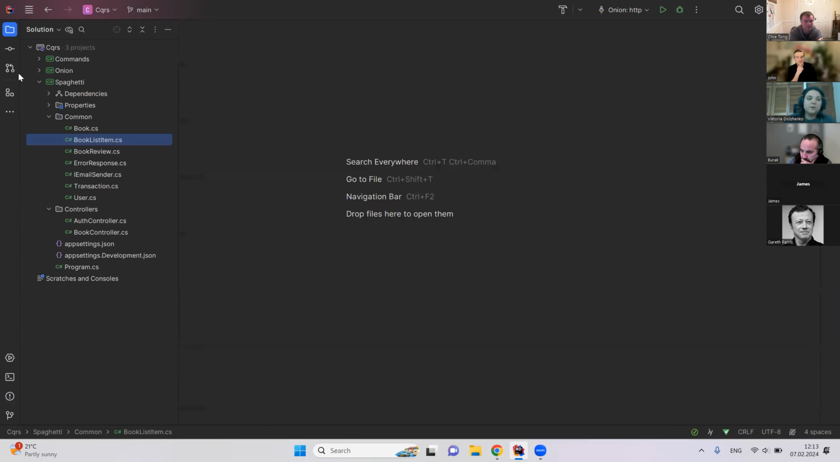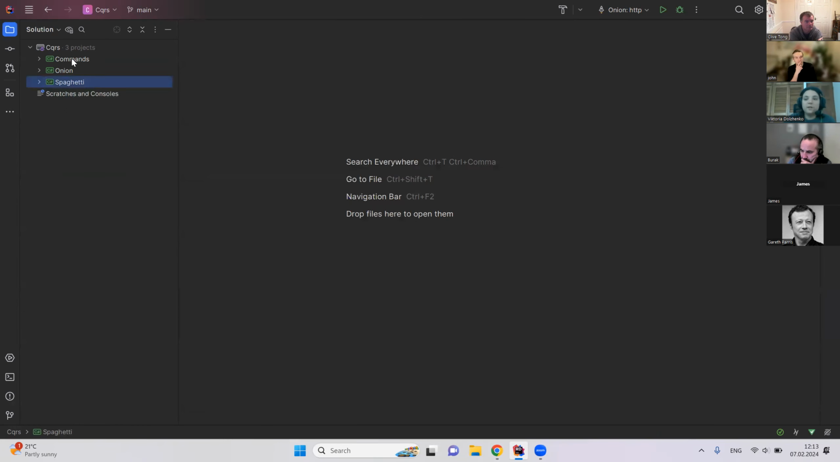Okay, let's go. I created 3 types of implementation of this application. One is with spaghetti code. It's my favorite here because it's a very small application. Okay, onion architecture, and